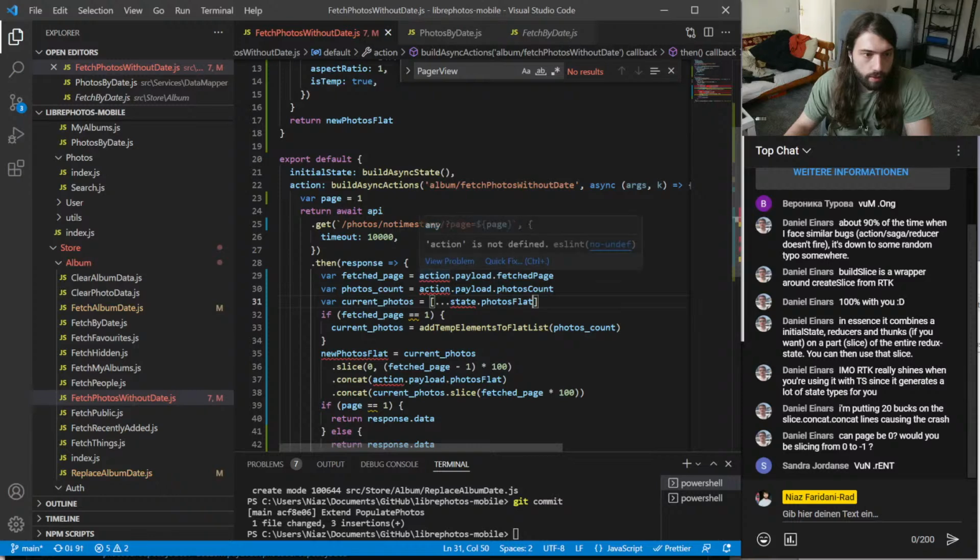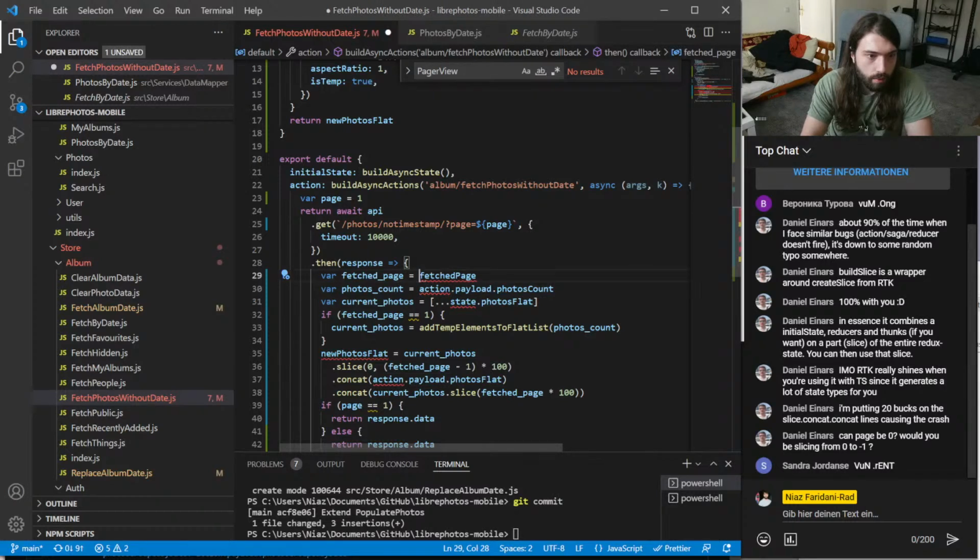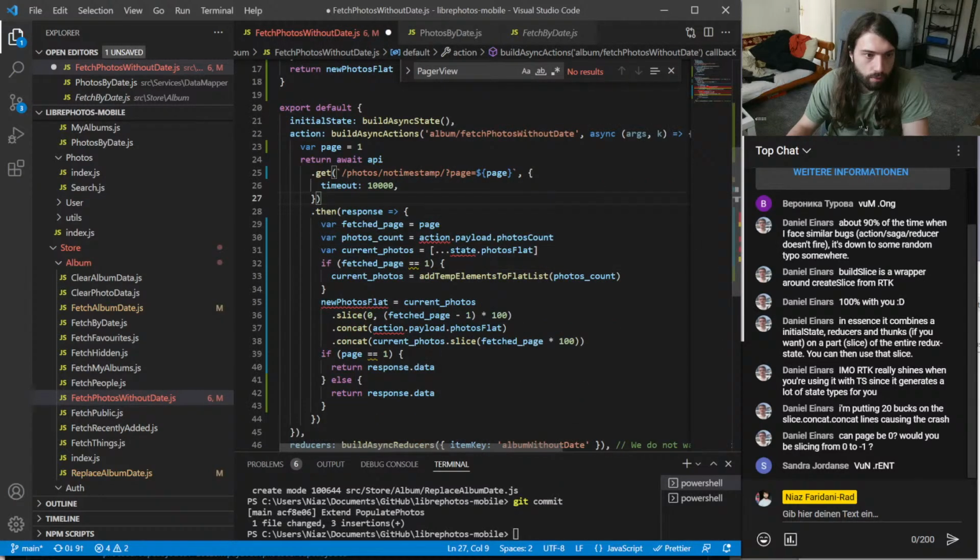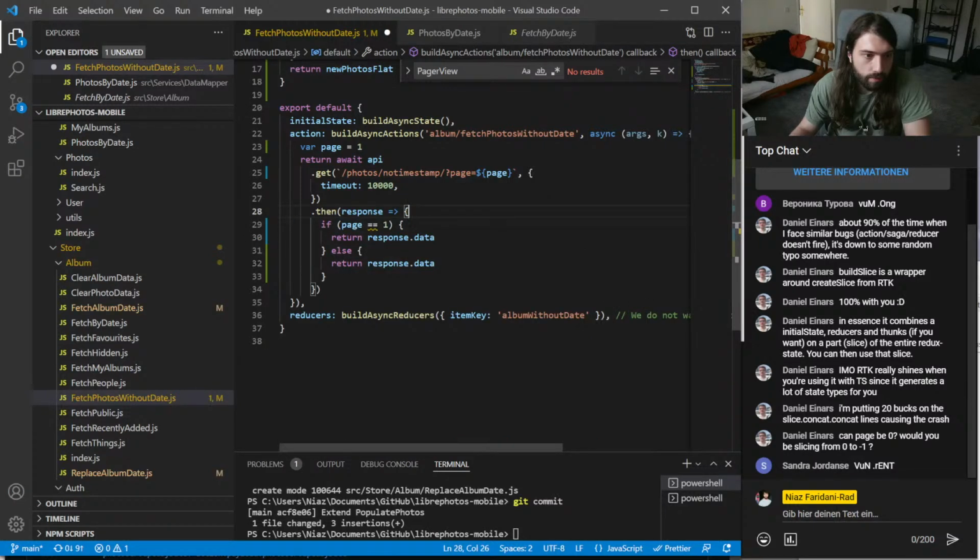So that is basically page, I guess. That is response, data, photos count, current photos, right. I still need a second thing for that. Sad. Alright. Okay.